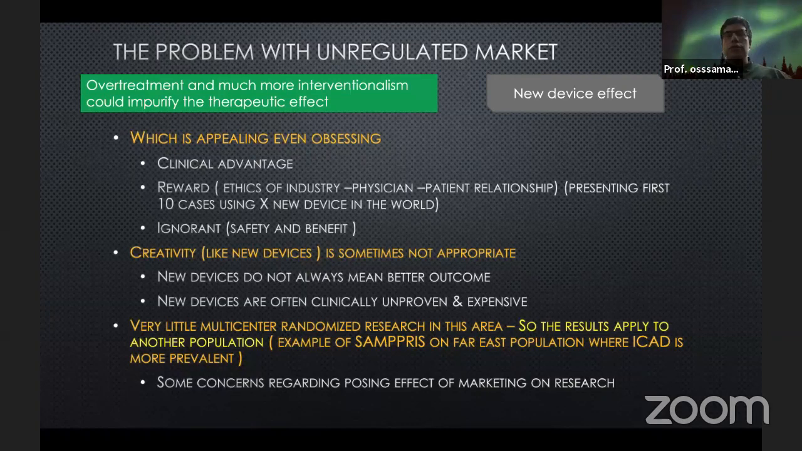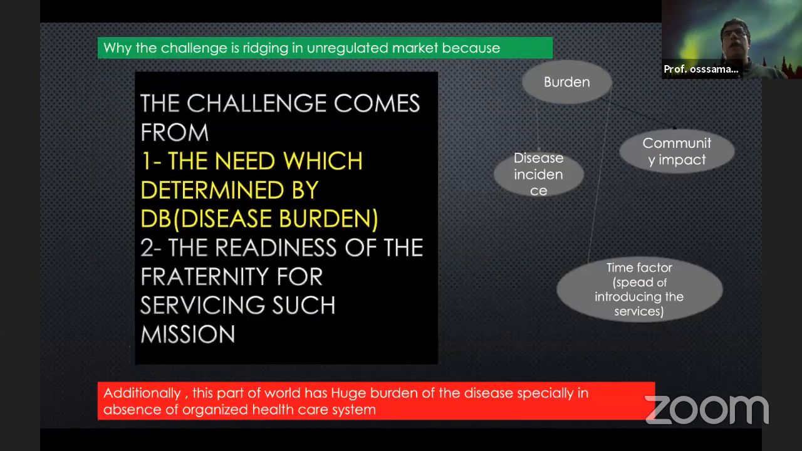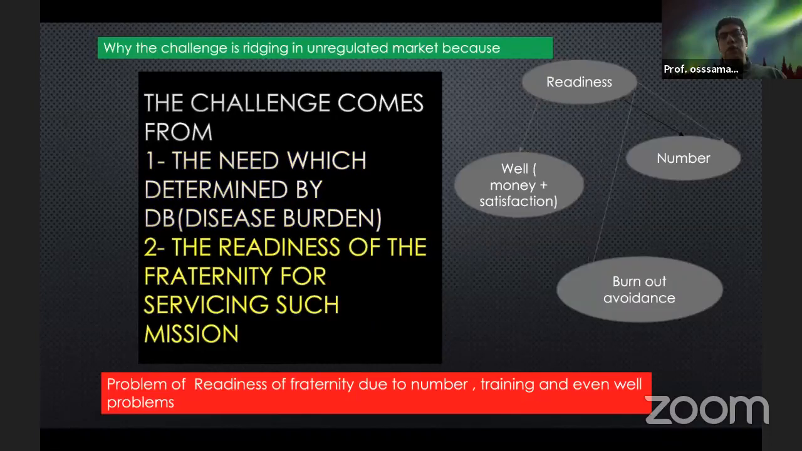So we should be very cautious when we talk about interventionalism, and we should compromise between innovation and serialism. The challenge in our countries is that the burden of the disease is high, and the preparedness of the system is low. When we come to the WHO map